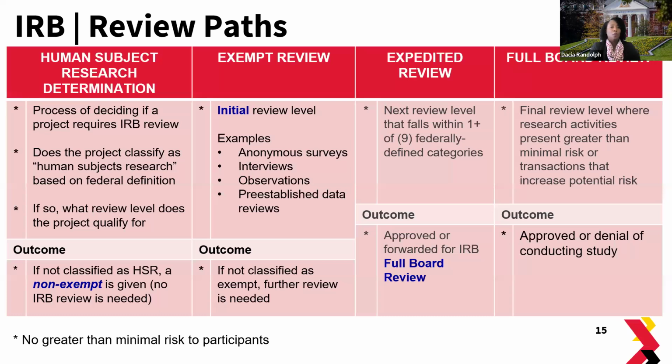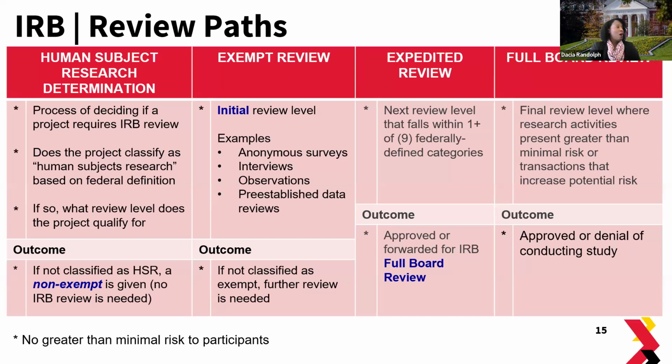So first and foremost, we do have the human subject research determination. This is the form that we currently use today, or I definitely encourage you to use today if you're not certain that your study classifies as human subjects research. If you just complete a few questions, I believe today that form is about a 2-page form. Again, very brief questions that the IRB office asks to determine if your study is in fact considered human subjects research.